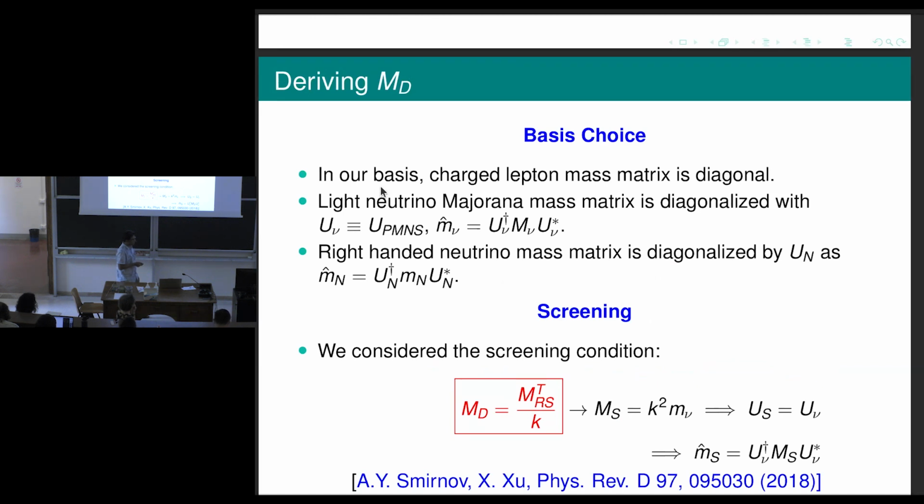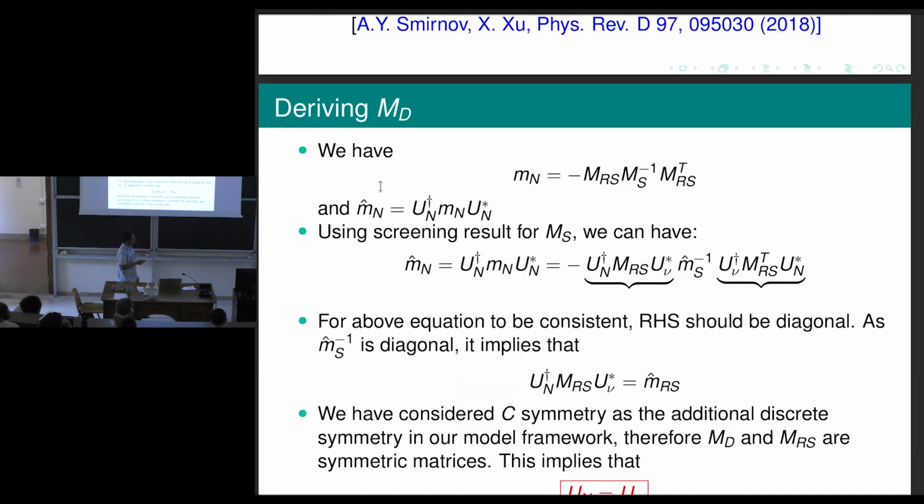So we can find the mixing matrix for the sterile fermions, which is the same as the U_PMNS matrix. Then, using this screening condition, we can also find the relation between U_N, the matrix which diagonalizes the right-handed neutrino, and the light neutrino. For that, we use this mathematical